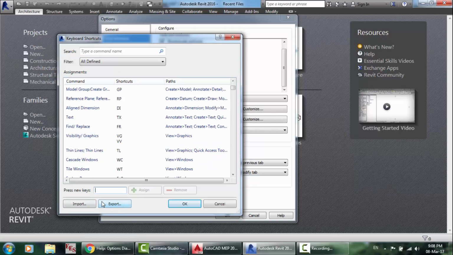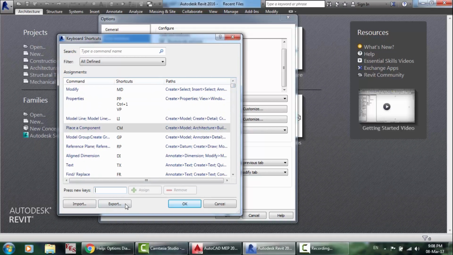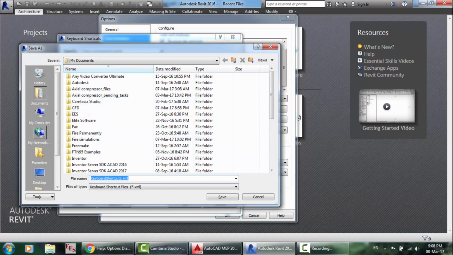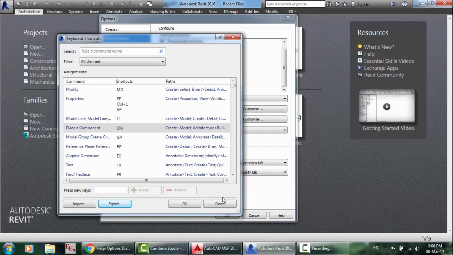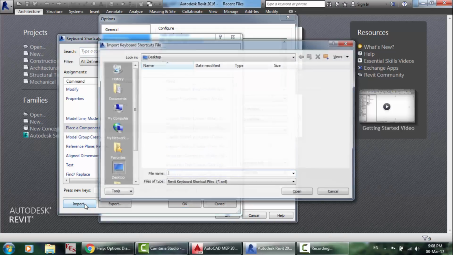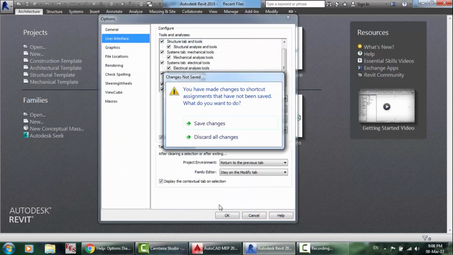Also, you can export all these shortcuts like this, keyboard shortcuts. And if you want to import them on another computer or another new project, you can open the file from any other computer, and you can import your old shortcuts like this, and that's it. Okay,